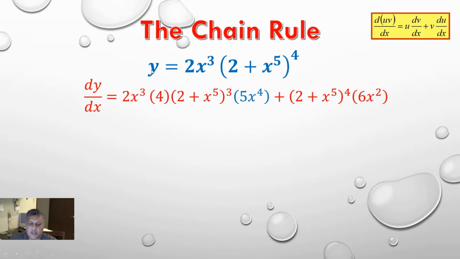dy dx, the y becomes that. We take the first factor and then we take the derivative of this particular. So the derivative of this would be 4 times the binomial, reduce the power by 1, will become cubed, and then you go on the inside and take the derivative of that and multiply it out. Derivative of a constant will be 0, and we have 5x to the 4th right there. We're going to put the plus sign in between,